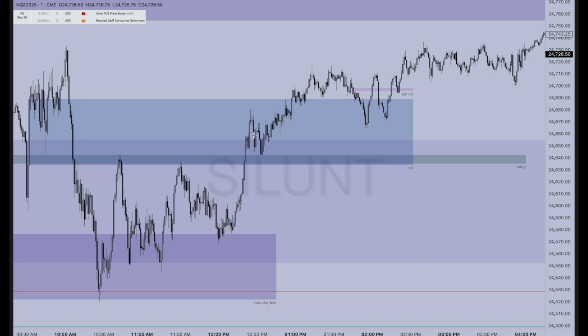We see that breakout of this wedge pattern, and then price slowly grinds through the high of that first presentation fair value gap. We pop the top off here and start working inside these two imbalances from that 10 o'clock drop. We consolidate pretty much all throughout